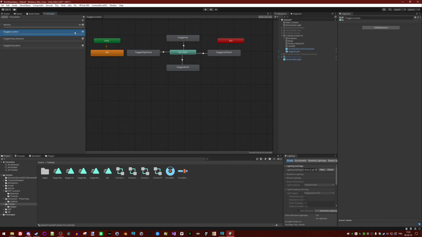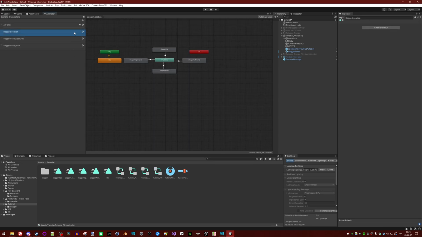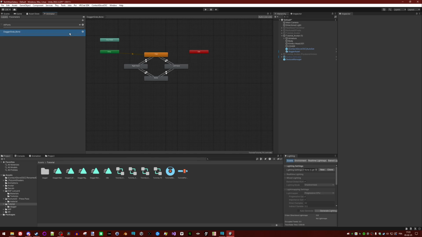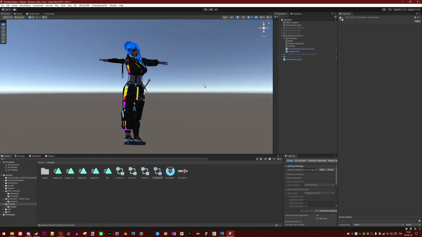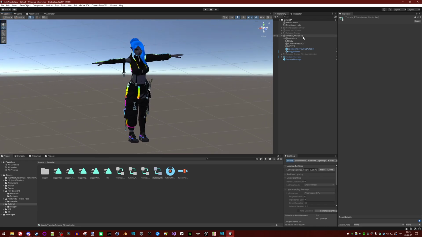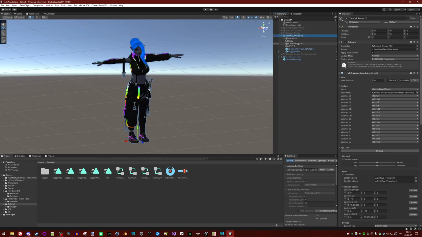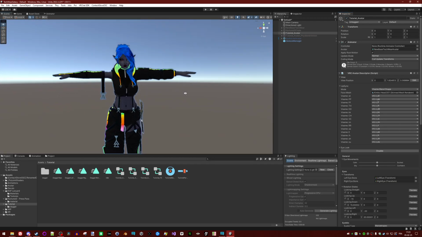So let's redo all of this. So you need to go to your FX. So yeah, no, before even going to the FX you need to create a parameter. The parameter will tell your dagger where to go. So here it's the copy. I will delete it and turn back on the original avatar. So you need a parameter.